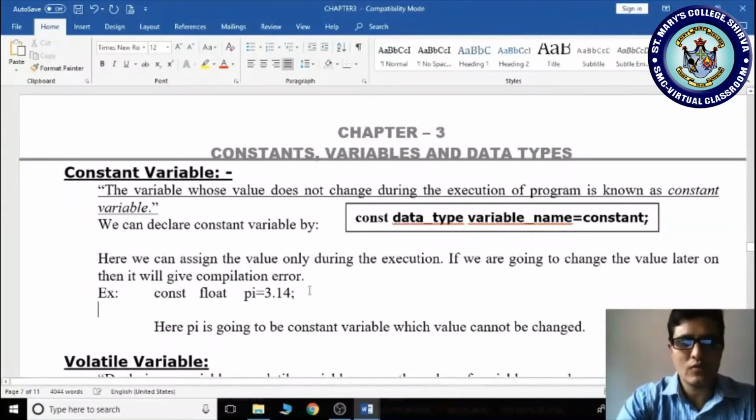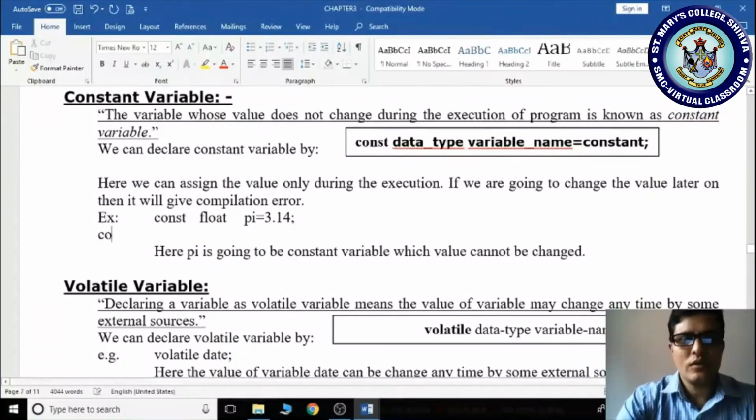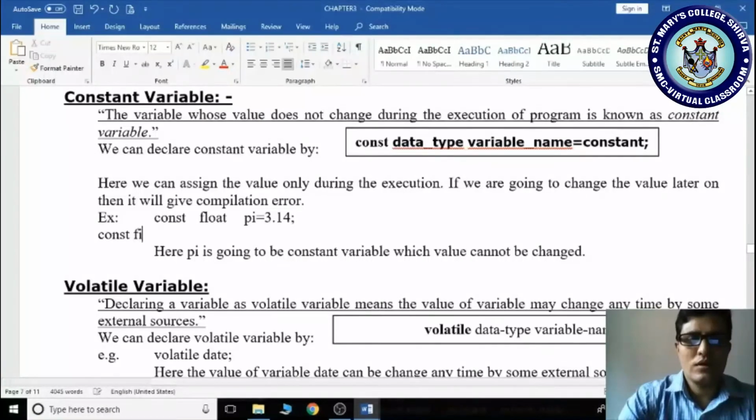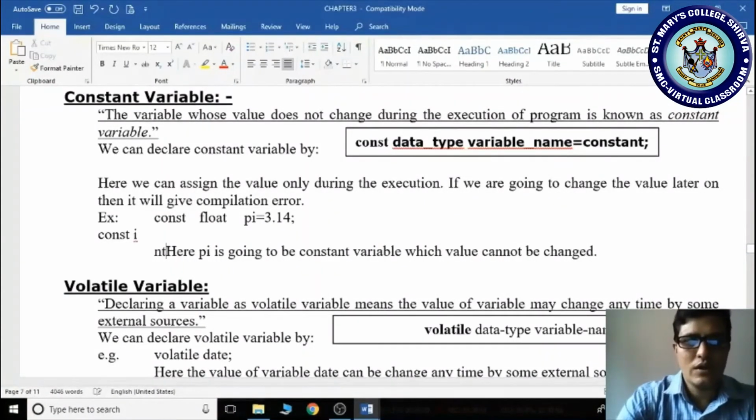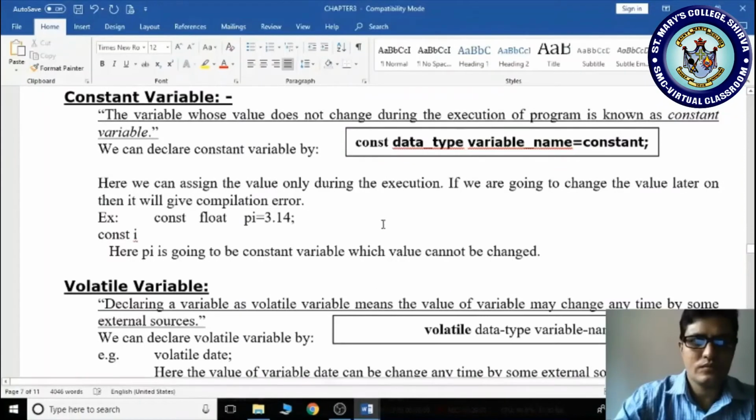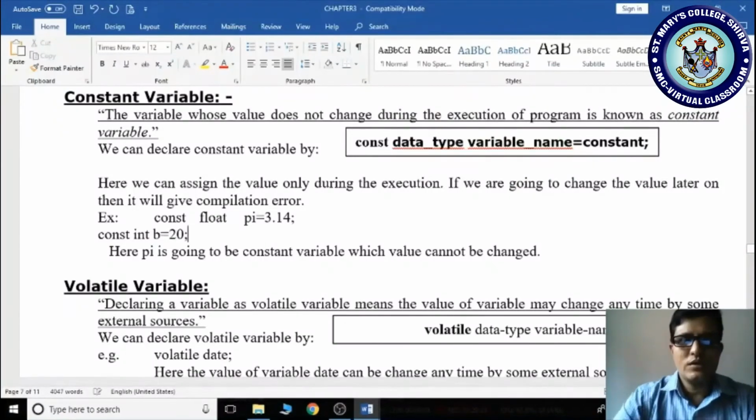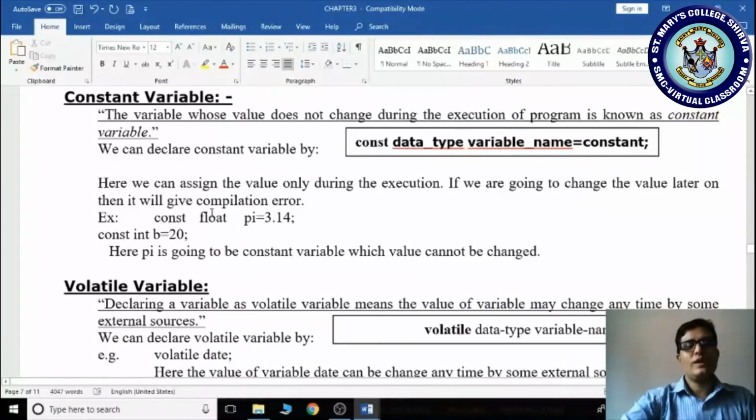One more example: const, it should be a small letter, not a capital letter, const int b is equal to 20. It may be any value or any type. Suppose you try to modify this value, it doesn't change because you have declared it as const.